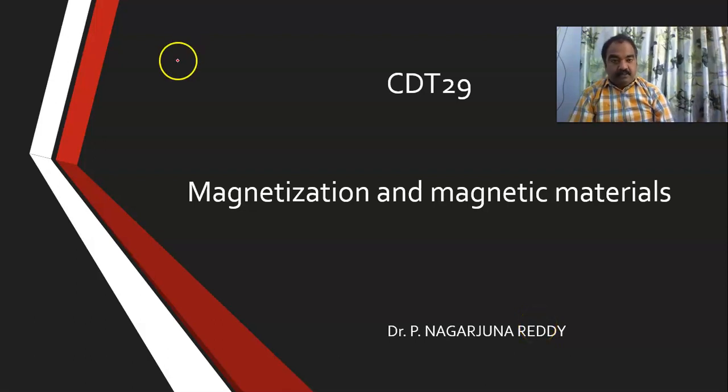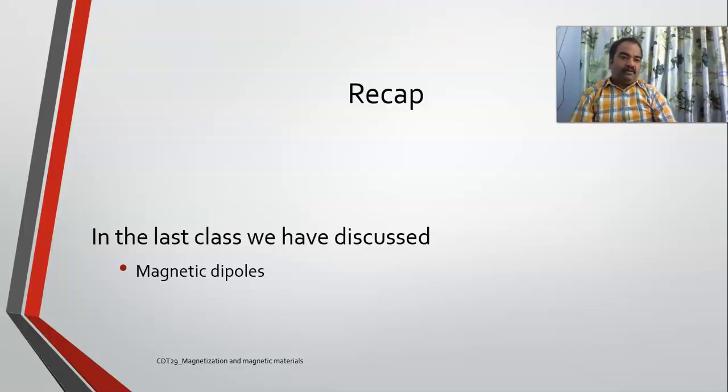Welcome back. Today's topic is magnetization and magnetic materials. We have already seen in unit number 1 with respect to dielectric materials that dielectric materials experience polarization when they are placed in electric fields. Similarly, all materials, when they are placed in magnetic fields, experience some sort of changes,